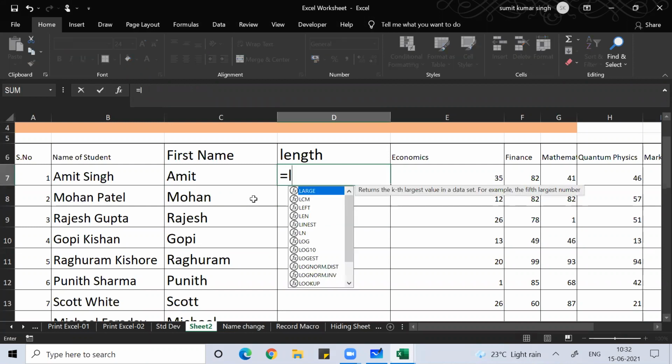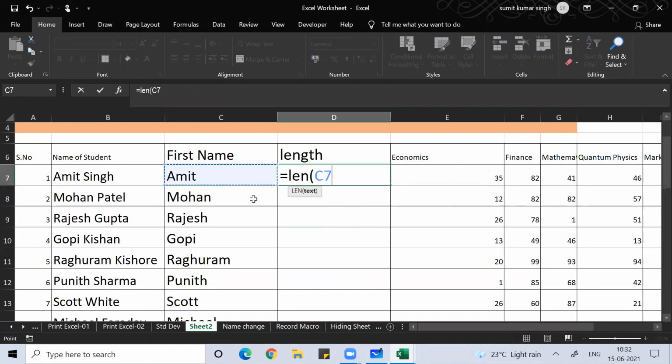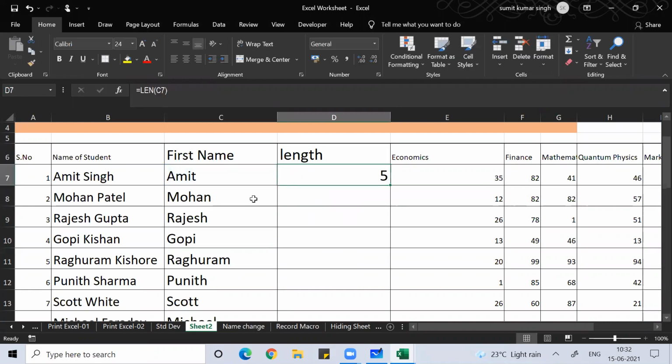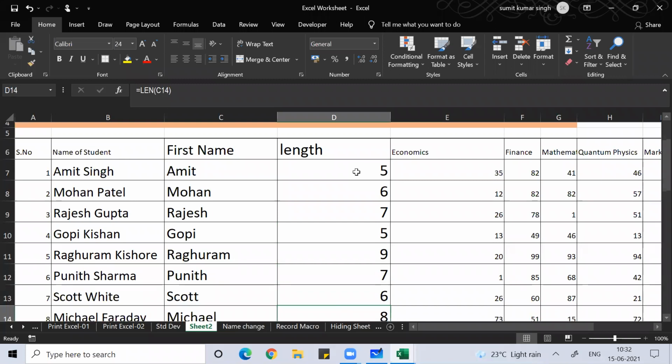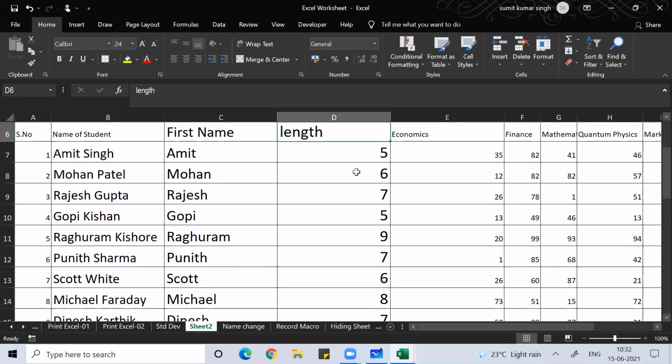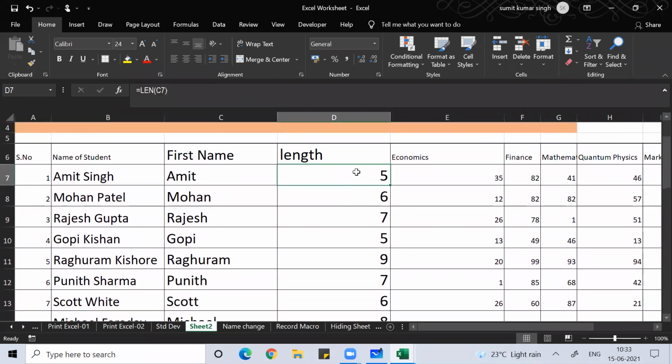But if you check the number of characters here, the Mohan should be 5 characters, but it's showing 6. Rajesh should be 6, it is showing 7. Gopi should be 4, it is showing 5. Raghuram should be 8, showing 9. Can you tell me how this happened? What is the reason for this? Can anyone explain?